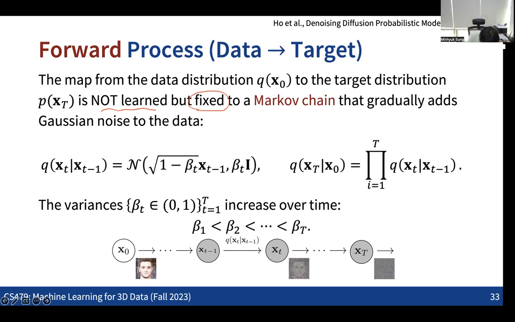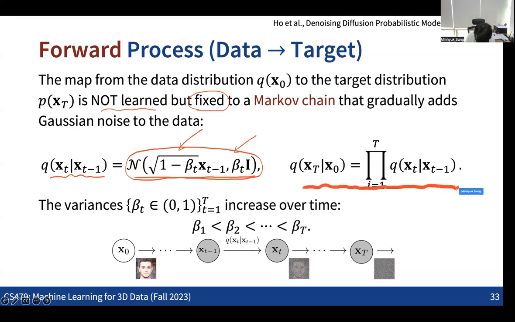So for each step, we are adding some noise to each of the data points. We are going to add this Gaussian noise, which is designed like this. So this is really designed, which means that we are controlling these two parameters in a way that we are shifting everything to some random points. And when we accumulate all these processes, we can get a one-step transition from the original data point into a data point after the t time step.